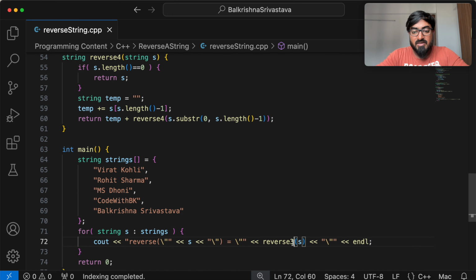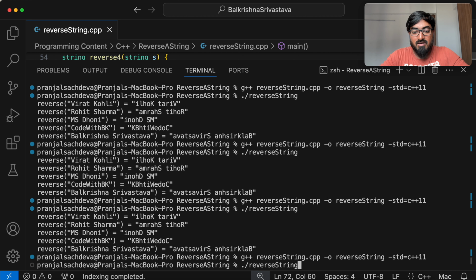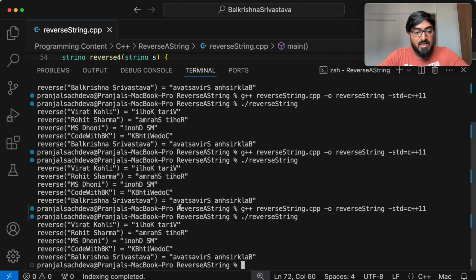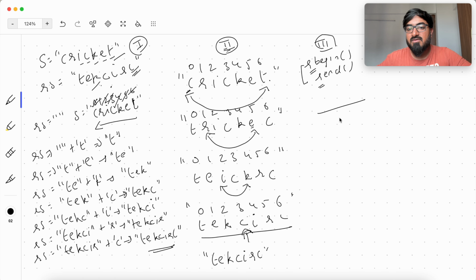So let me just make this 4, okay, compile, okay. You get the same output as we get for the other cases. All right, let me just explain what is happening. So in our fourth case, which is basically using recursion, what is happening is, suppose this is my string,